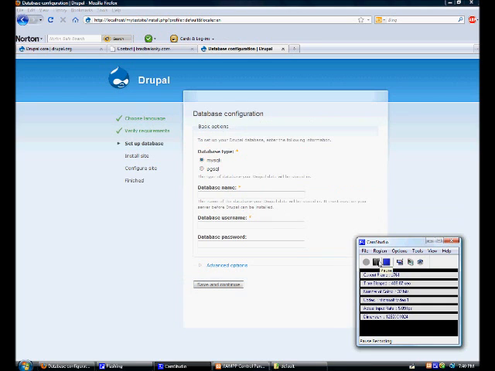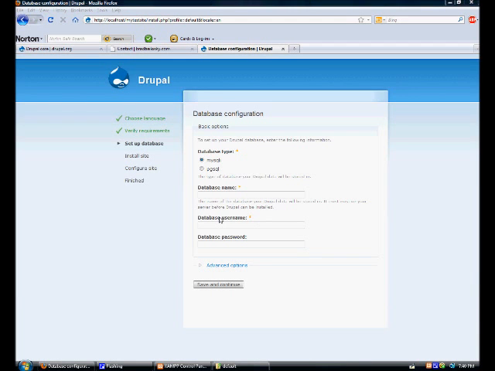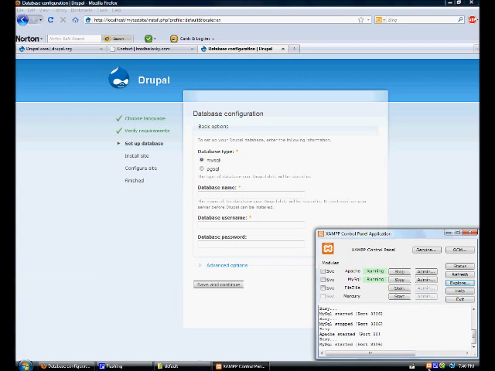Sorry about that. Here's our database configuration. As you can see, we can have two different databases, but ours is going to be in MySQL. We're going to need to create a database name, a database user, and a database password. And what we're going to do is go back to our control panel, click the admin for MySQL, and what